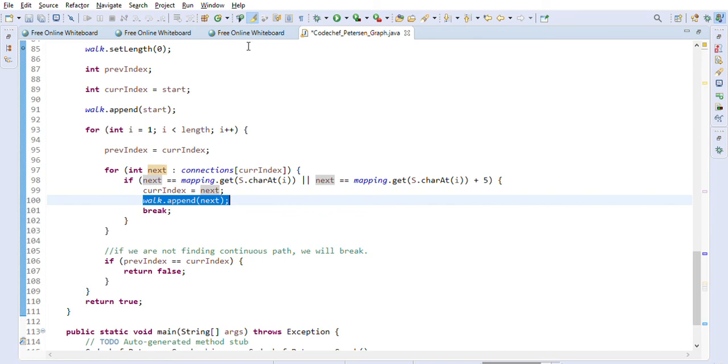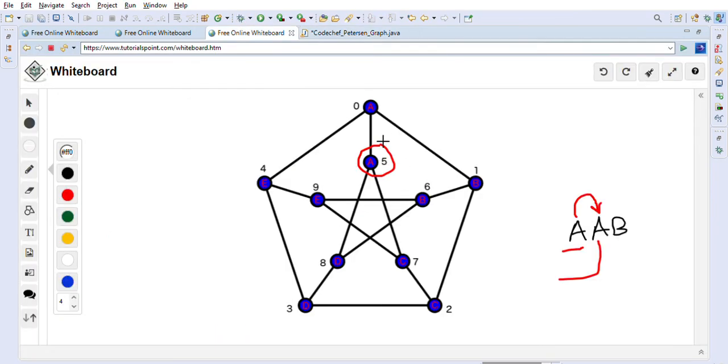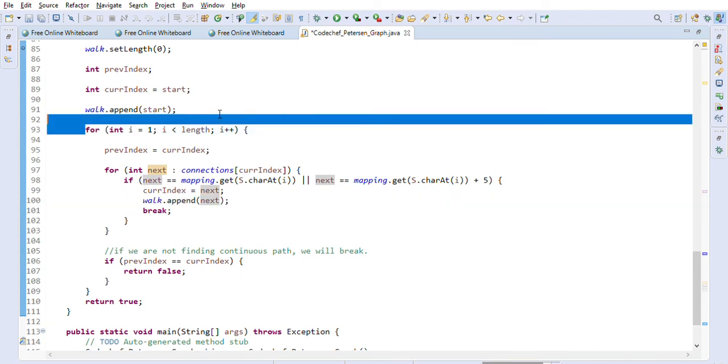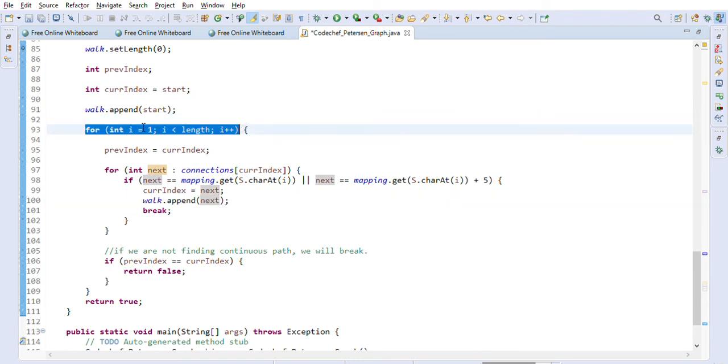For example, once we find this A as the child, we append first the 5 we have for this A, then we append this 0. That's what we are doing here. And we break out of this for loop and go to the next character, because we are still in the outside for loop. So we will keep looping.